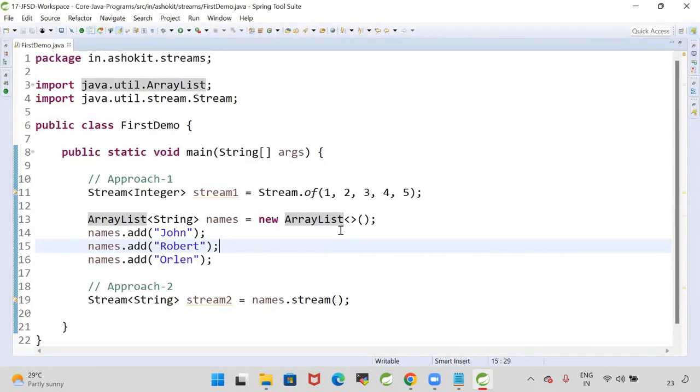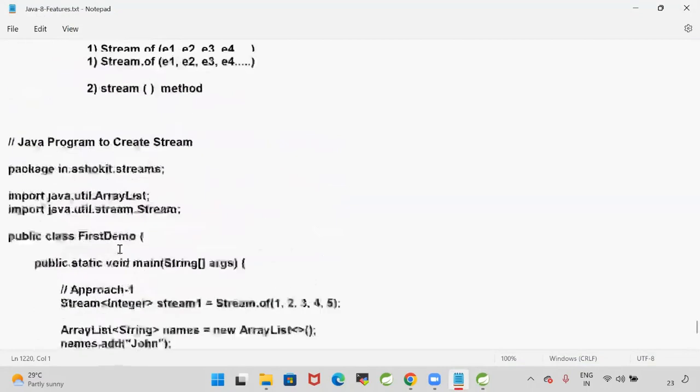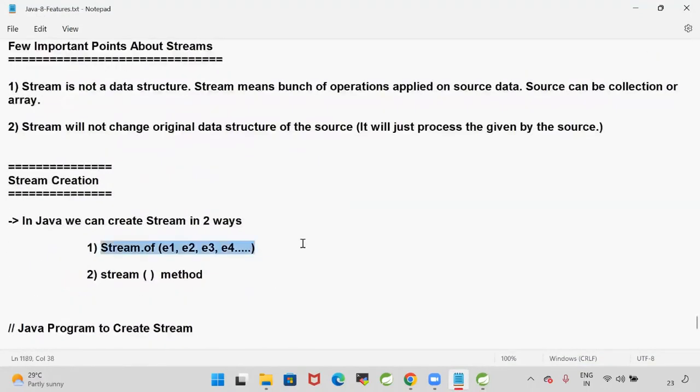So to process the data, in the 1.8 version the Stream API got introduced. Stream API is one of the biggest changes that happened in the Java 1.8 version. We can create the stream in two ways. One is by using the of method. The second one is by using